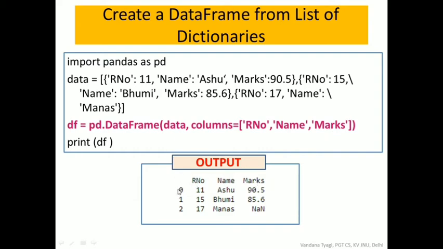And since we are not specifying the index parameter this time, it will take it as 0, 1 and 2. And the feature which we'll see is that if any value is missing, since marks are missing for Manas here, marks are not there. So what it is doing is storing NaN for Manas, because we know if any values are not being passed, then NaN is automatically appended at that place.